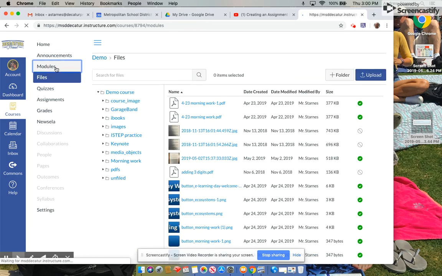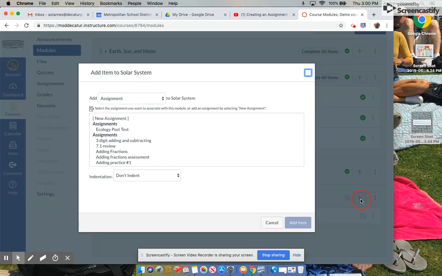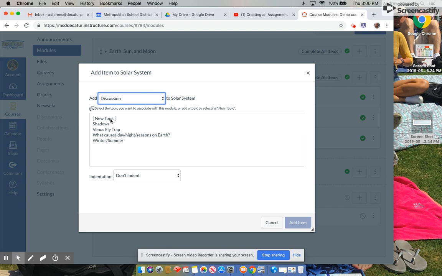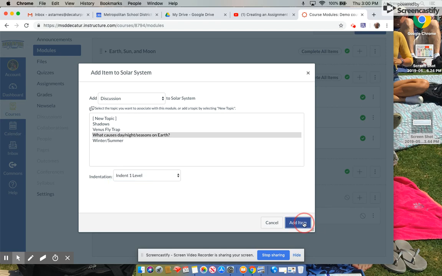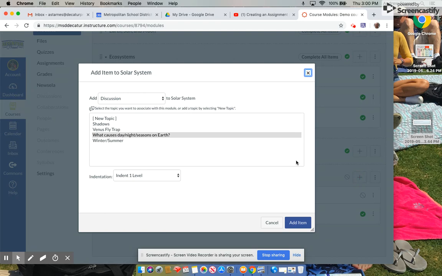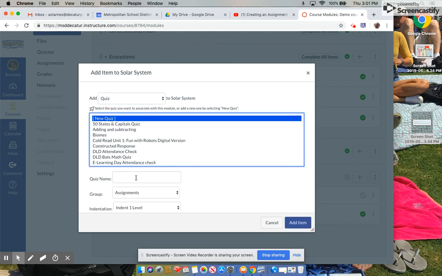I'm going to go back to modules. So there's my first thing, seasons. And then I go right back to add and say, okay, after they do that assignment, then I want them to discuss something. So then I can add a discussion, indent it one level, add the item. So now I have 2 things in my module. And then I just go back and I say, now that we've watched a video and discussed it, now I want to do a quiz and see how they're feeling about that. And it's just a little 5-question quiz, and I would hit new quiz, give it a name, and then start